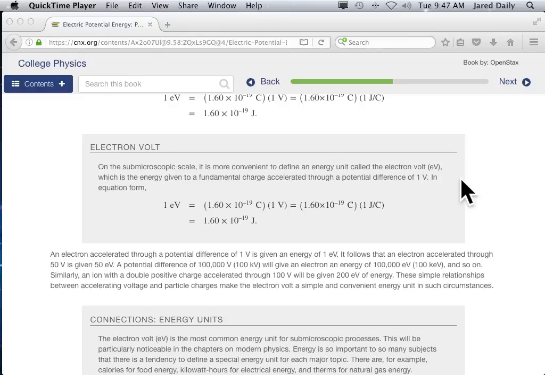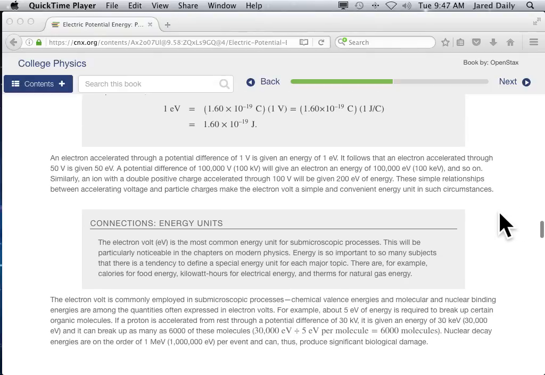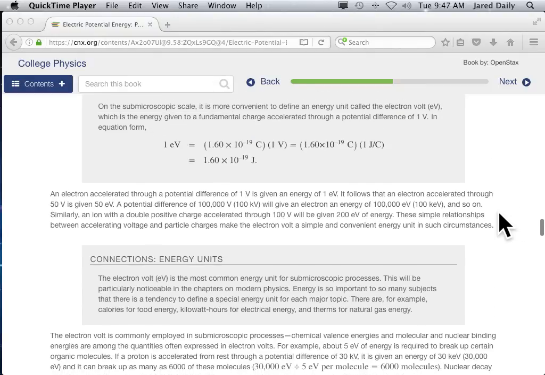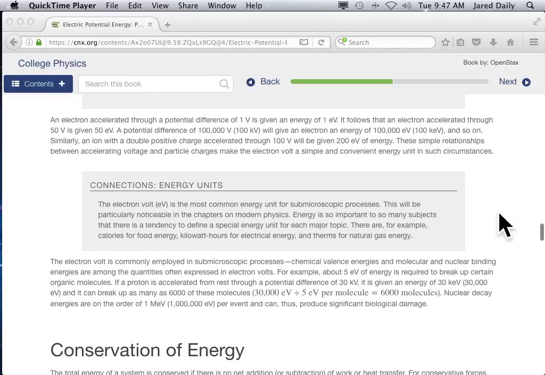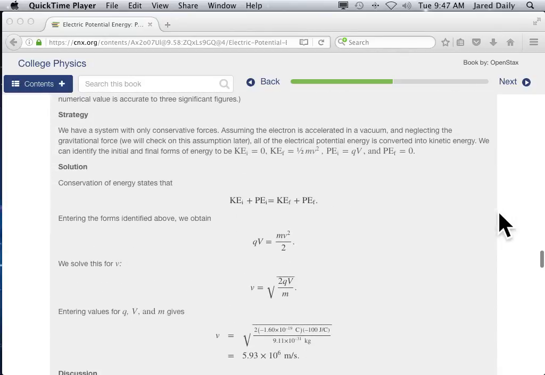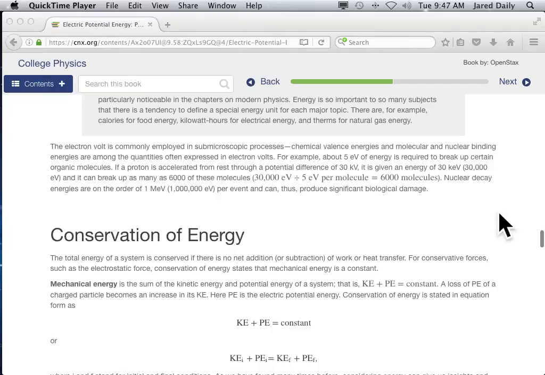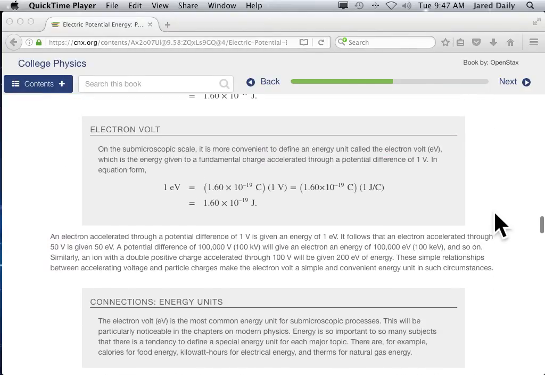your, let's see, is this right? Do they even give it to you? They really don't. But anyway, what you're going to want to do is essentially know